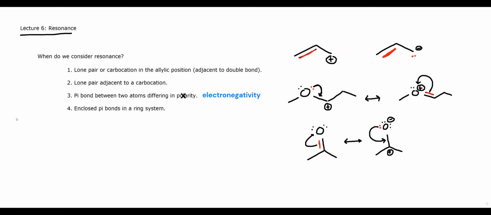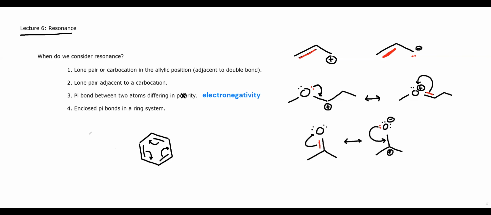Our fourth example is very simple and straightforward. We don't really need to discuss it at all, but I'll draw an example of it. This is a very common structure that we will get to know, benzene. We saw it last time. It's a 6-membered ring with 3 double bonds in it. Now, when we draw these 3 double bonds like this, they're alternating, right? Double bond, single bond, double bond, single bond. But in actuality, all 3 of these double bonds are in resonance like this,